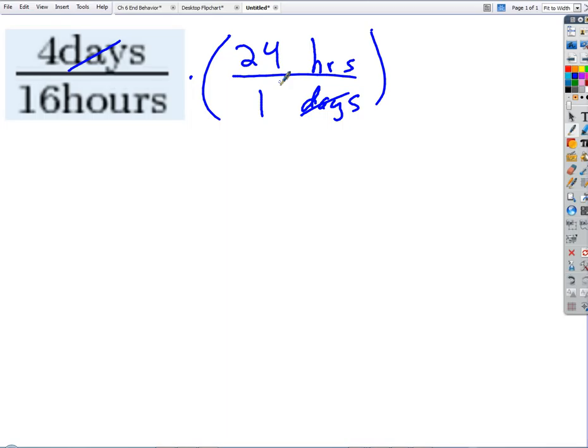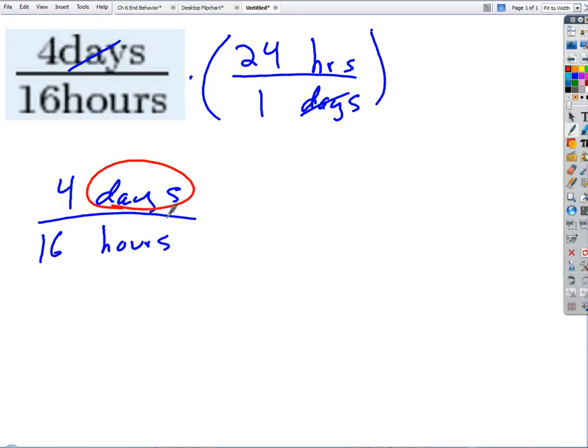Well, the shortcut is, as you've probably seen, if I have 4 days over 16 hours, I could literally just say that a day is 24 hours. And so I could multiply the 4 times 24 hours, right? 4 days is 4 times 24 hours, because 24 hours is a day. So if I write it that way,